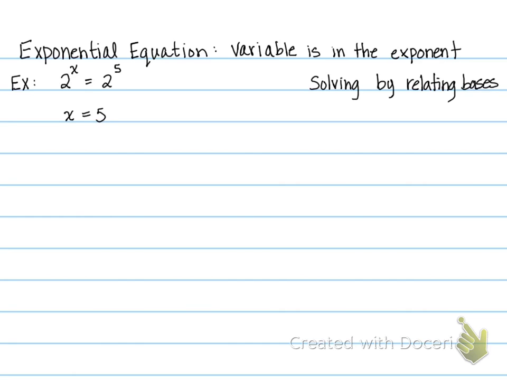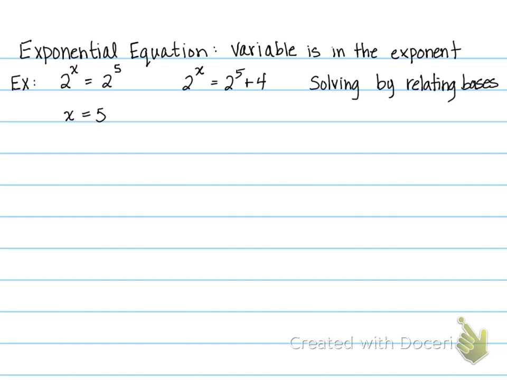What's up? Can you do the same thing if you can get it to two equal equations? Like if you had 2 to the x equals 2 to the 5th plus 4, and then you just move part of it over? Do you mean like this? No, with the x in the exponent. I was trying to think of a way to make it so that the equations are equal. Would you have to get rid of everything else so that you have just the exponents? Yeah, so in this case, we wouldn't be able to solve using relating bases because I can't